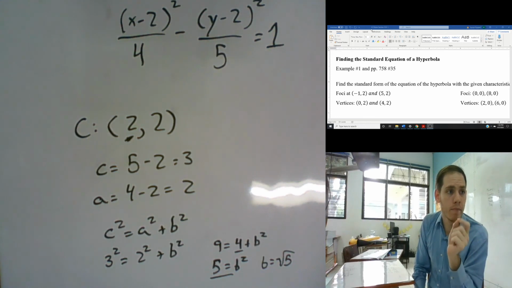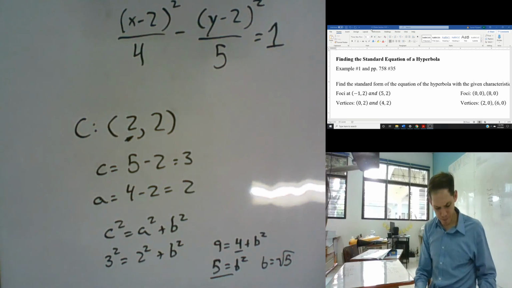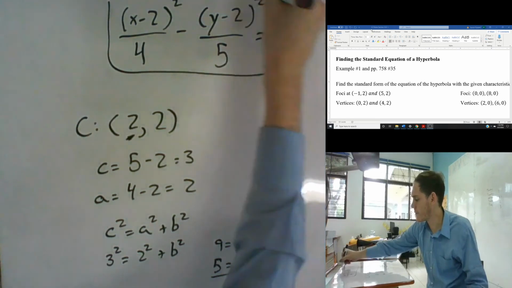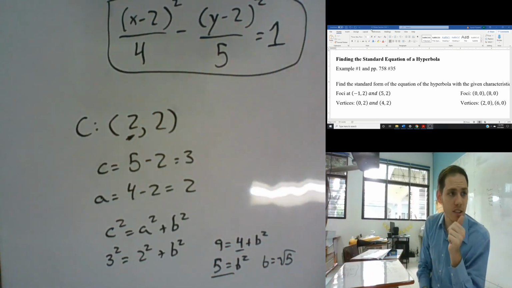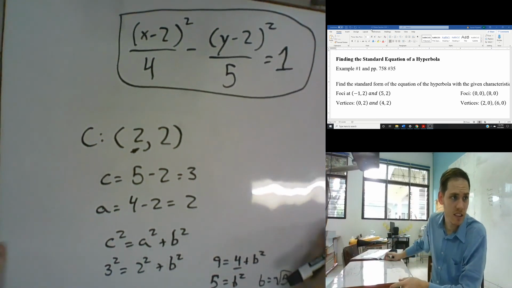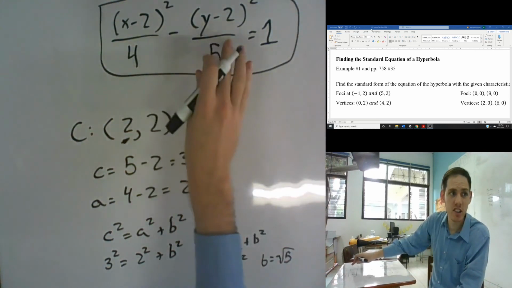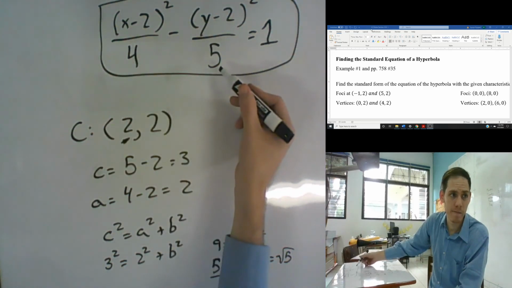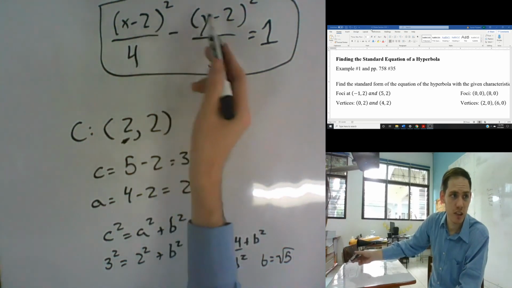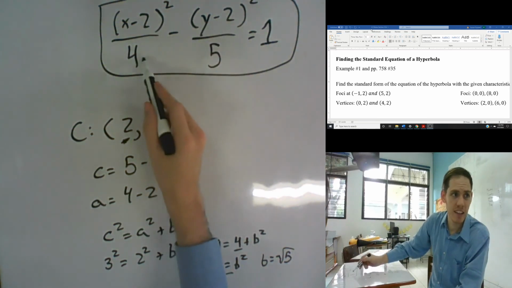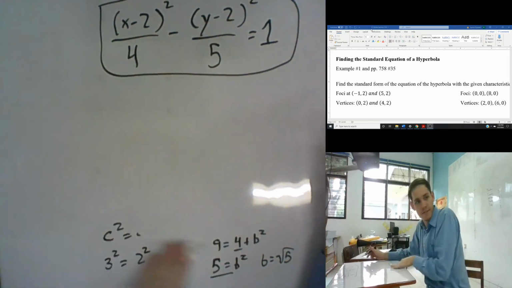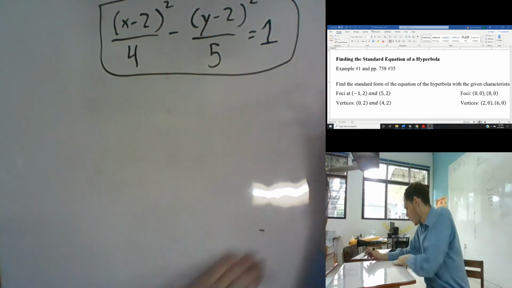But hyperbolas can have either one bigger. Now, that's our standard equation, so we're done. So key steps. Find your center, that's where you put this. Find a squared and b squared. So let's look at the next question. Now the next question